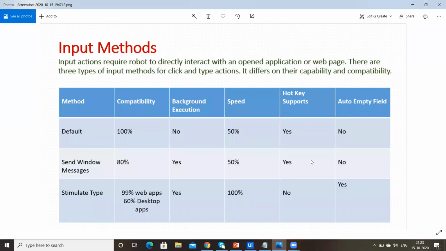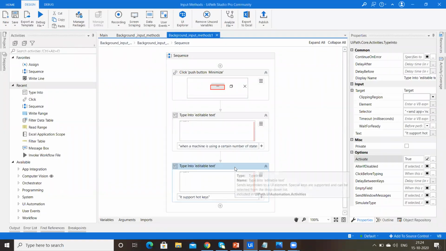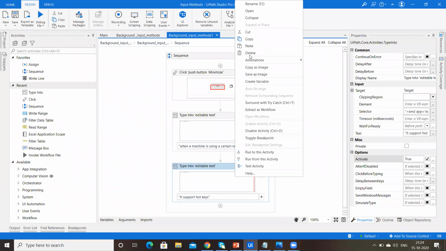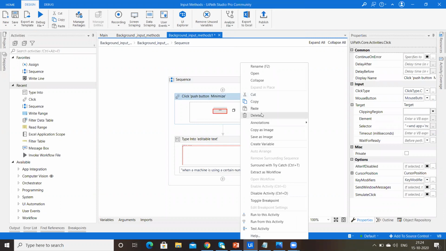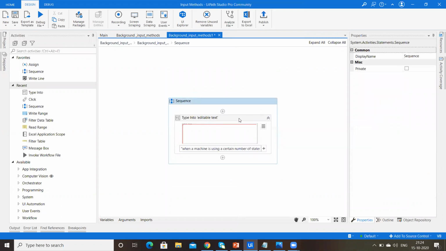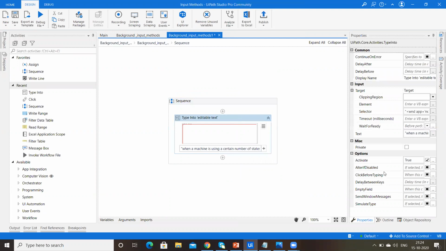Now I will show you if it supports auto empty field or not. Just delete this. Here you need to check the empty field. Save this.